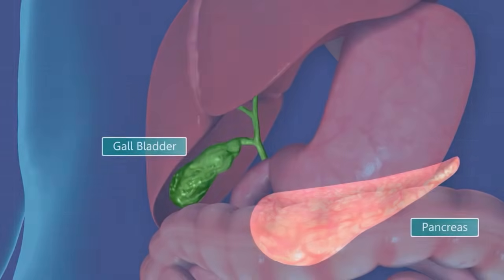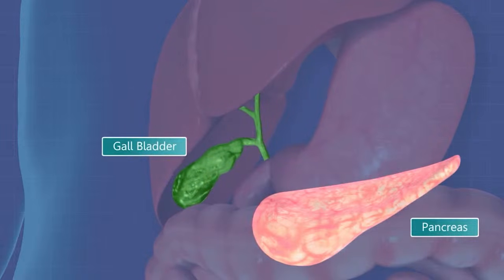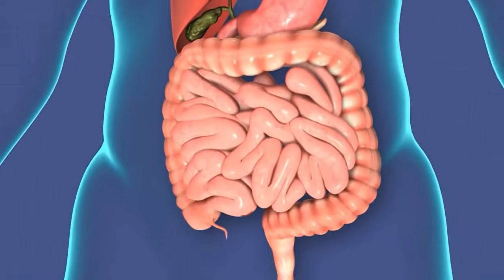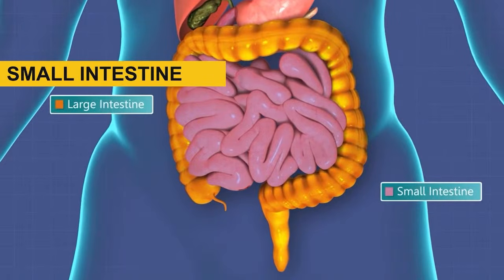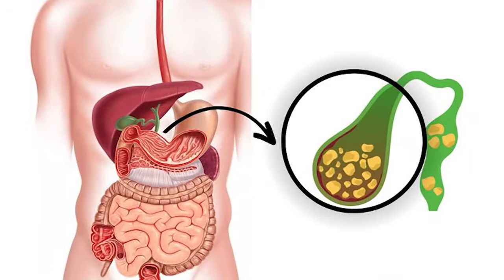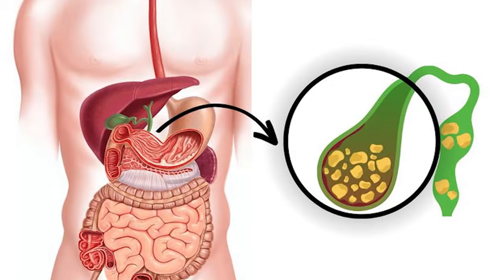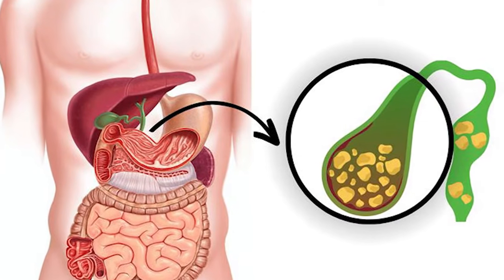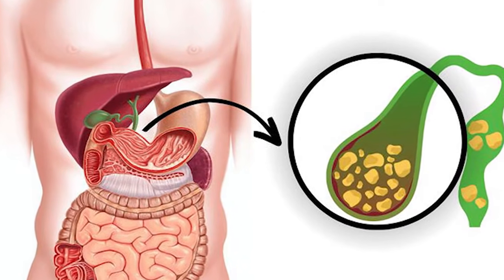When you eat, especially when you consume fatty foods, the gallbladder contracts, releasing concentrated bile into the small intestine, specifically into the duodenum, through the common bile duct. This bile helps in emulsifying fats, breaking them down into smaller droplets for more efficient digestion and absorption by pancreatic